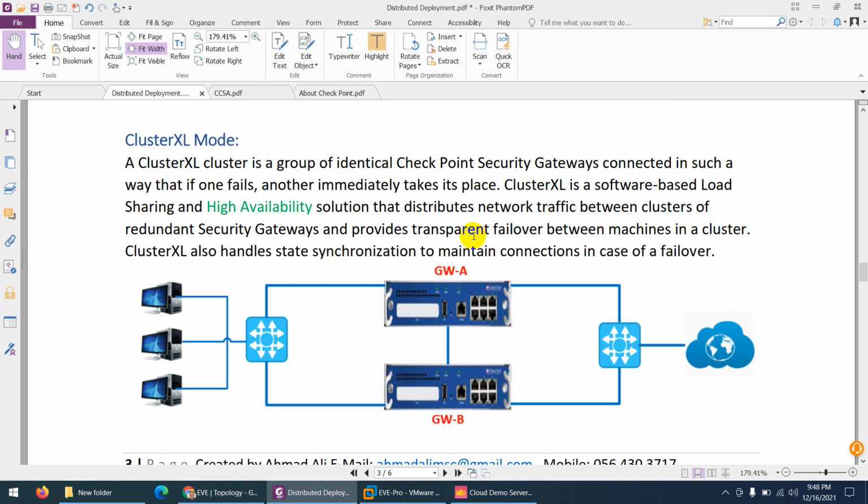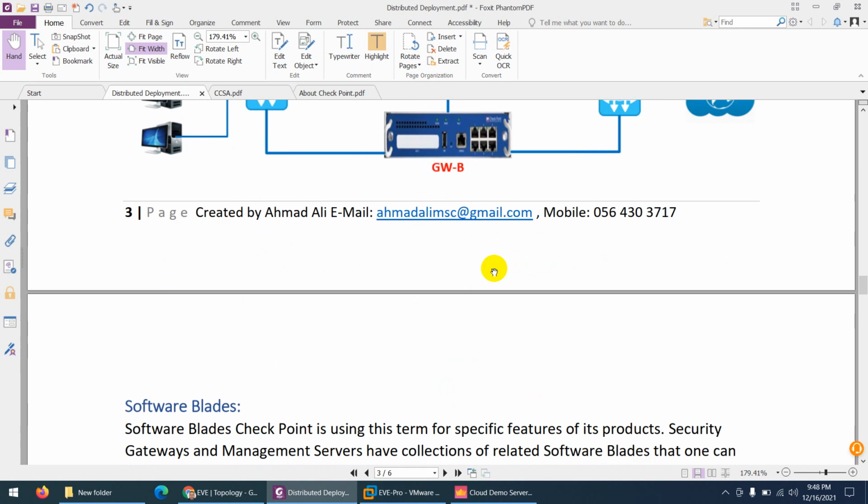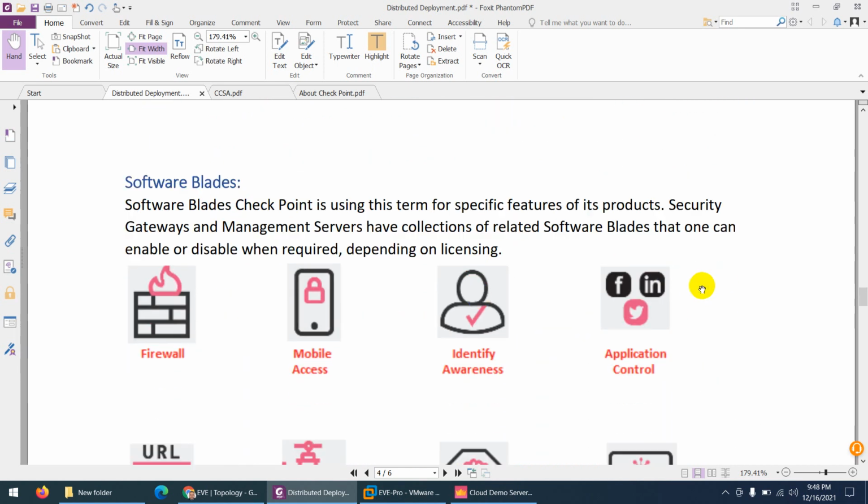We use this for load balancing, load sharing, and high availability. Whenever something goes wrong and one goes down, the other will take over, so there will be no downtime. So we call this ClusterXL mode.